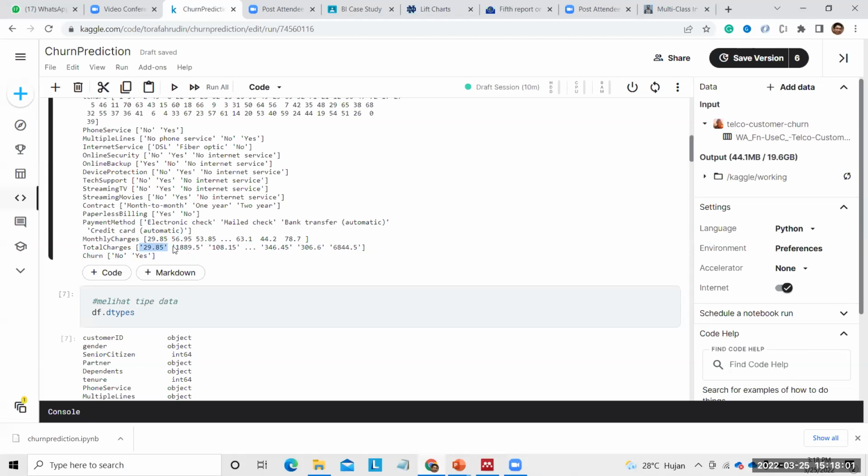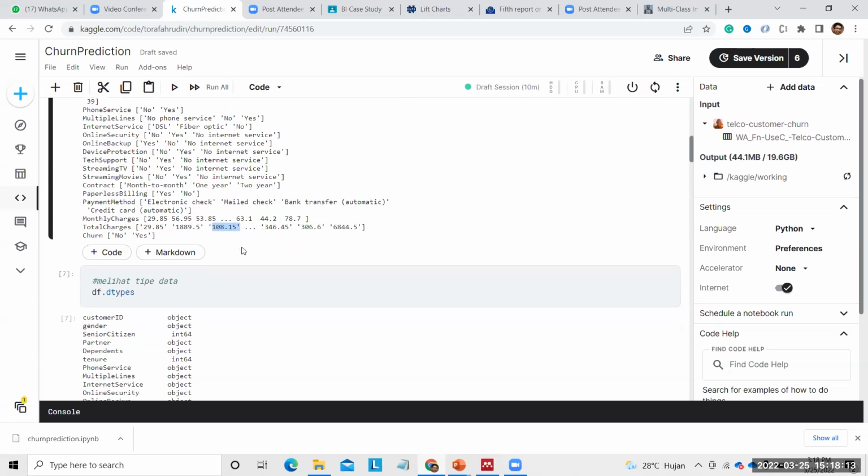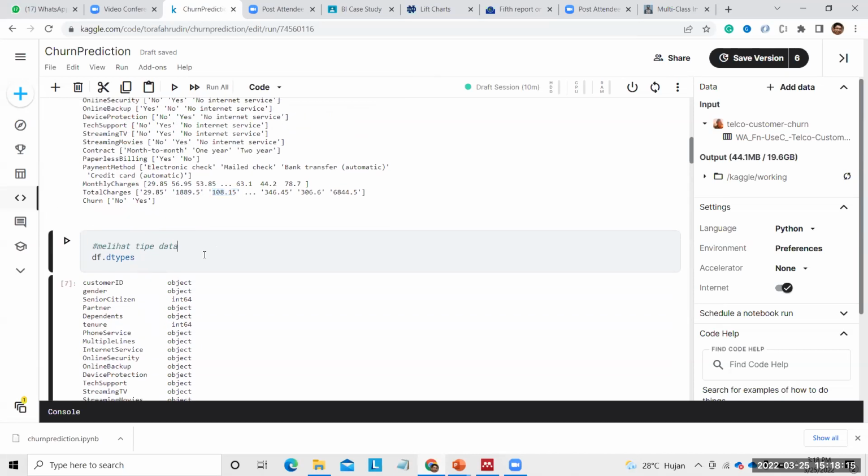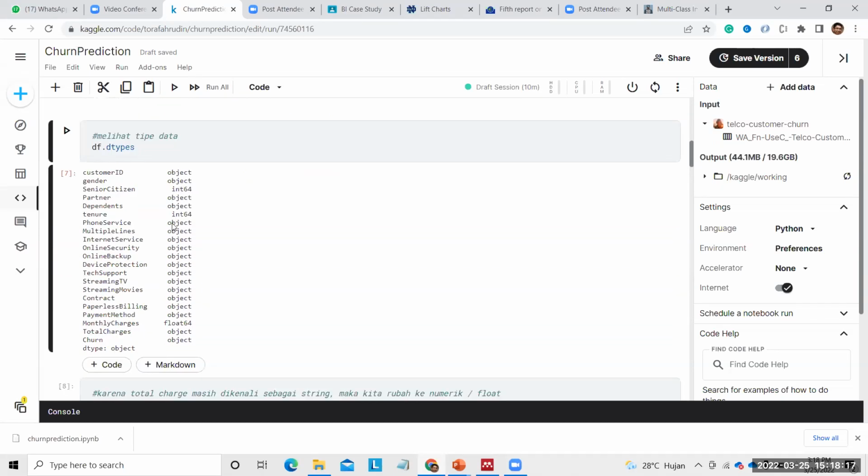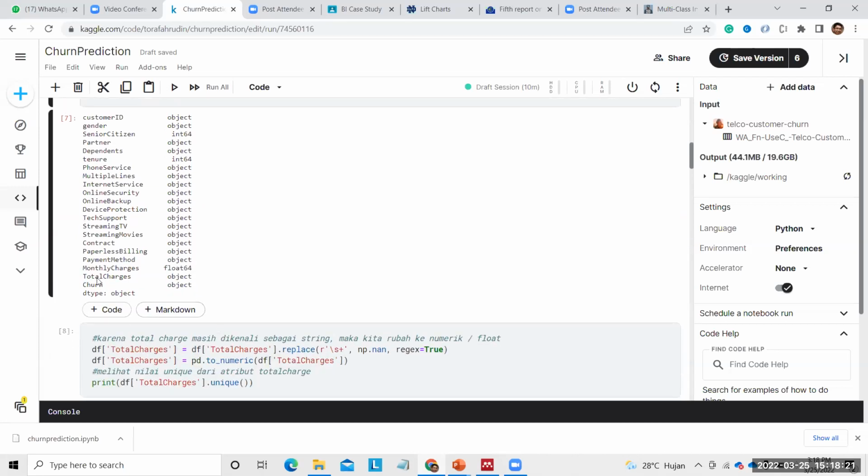If we usually code, we know that when we use quotes like this, it means that it is a string, not an integer. So we can see in the type of the data: integer and object. Object means that the data is categorical.